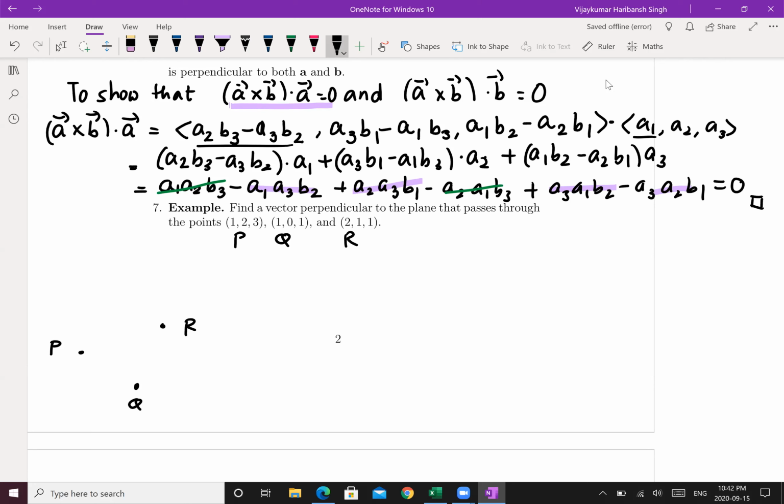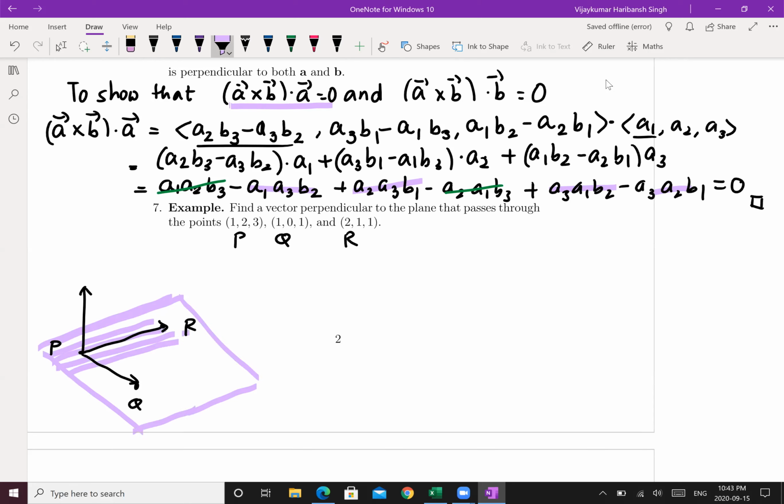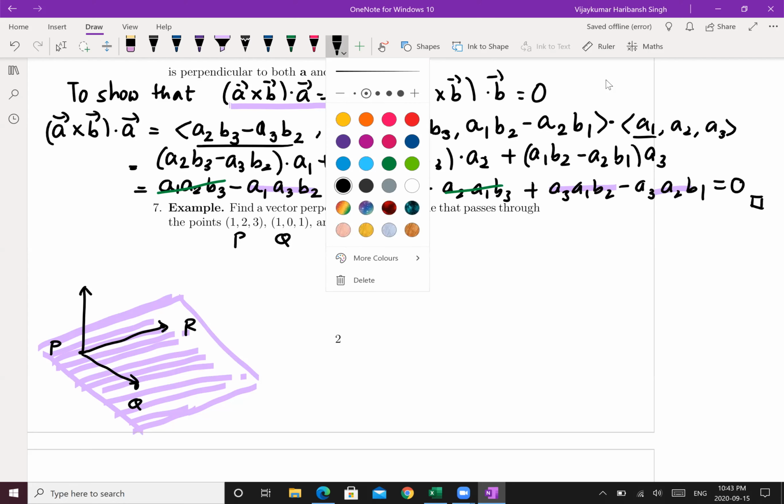So what you do is you take the vectors PQ and PR. Their cross product will be perpendicular to the plane passing through P, Q, and R. This is your plane, right? Because it says a vector, any scalar multiple of this vector will also be perpendicular, so you have to produce any vector. So after this observation, I should write